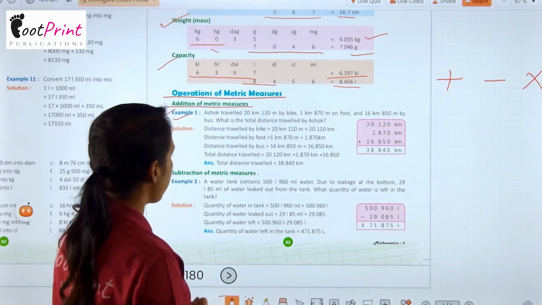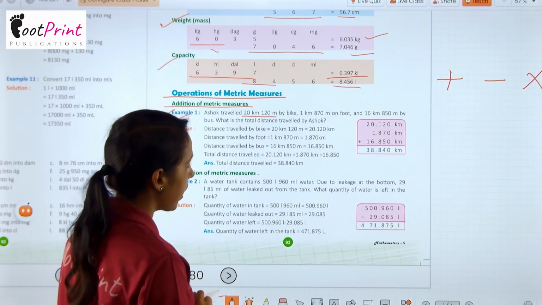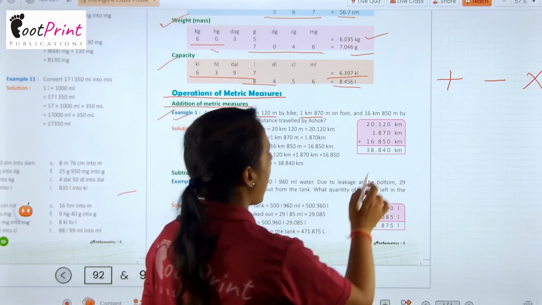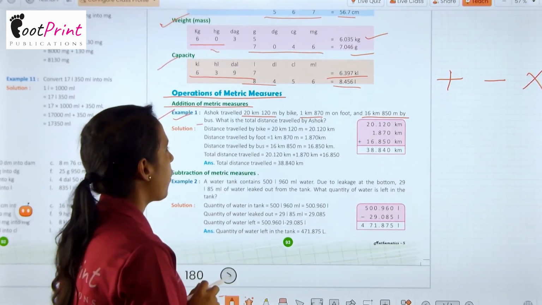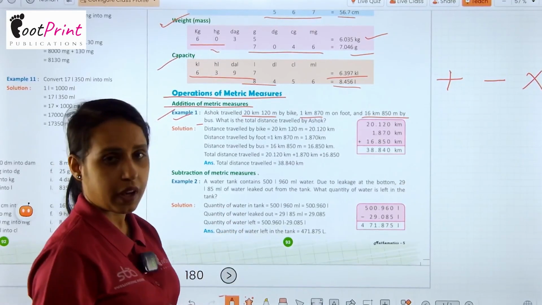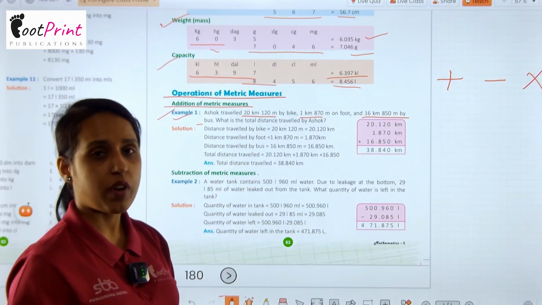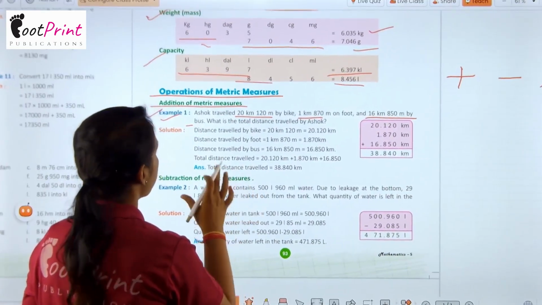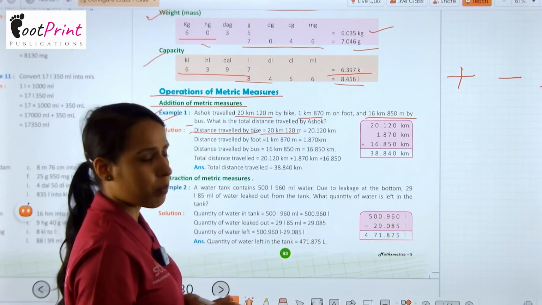Here example number 1. Ashok traveled 20 km, 120 meter by bike, 1 kilometer, 870 meter on foot, and 16 kilometer, 850 meter by bus. Okay, so we have to find out the total distance traveled by Ashok. And we know that if we want to find out total distance, it means we have to add. Okay, so here we write these statements, that is, distance traveled by bike is 20 kilometer, 120 meter, and